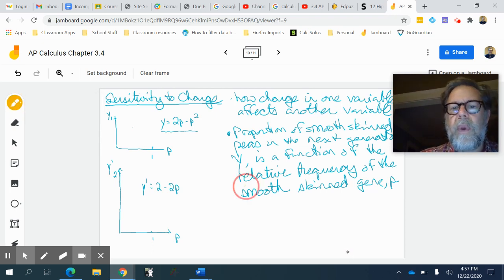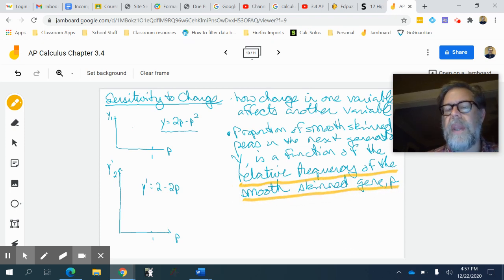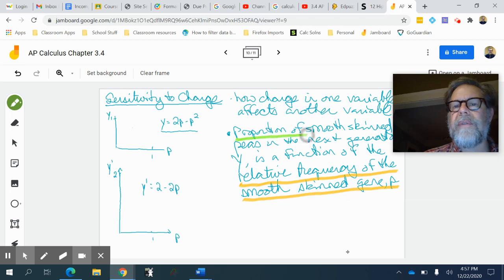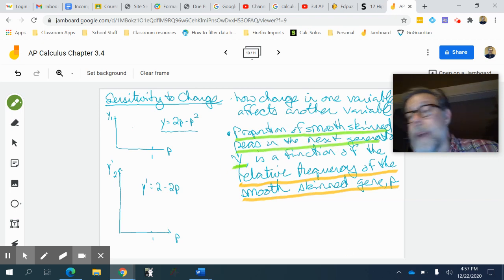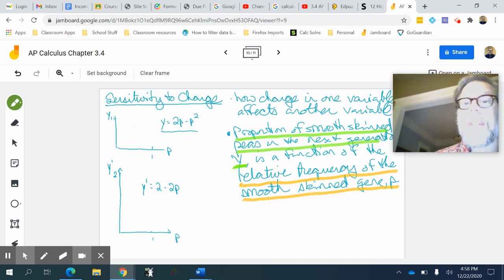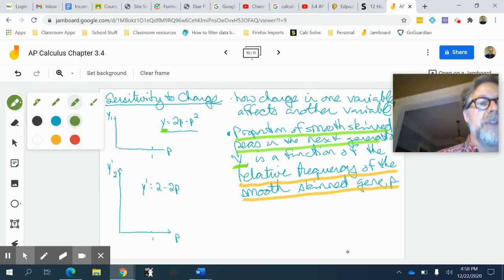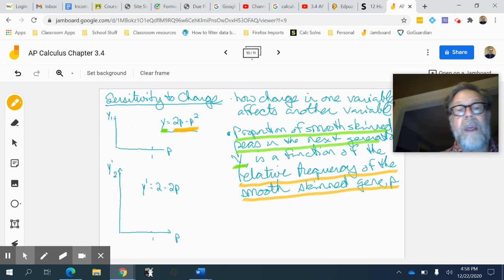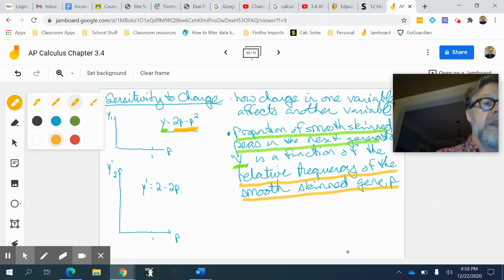and one is the relative frequency of the smooth skin gene in peas, and that's called P. And the other one is the proportion of smooth skin peas in the next generation, and we're going to call that Y. I'm not going to get into the details. Suffice it to say that the proportion of smooth skinned peas in the next generation can be modeled with this equation. As you can see, it is in fact dependent on